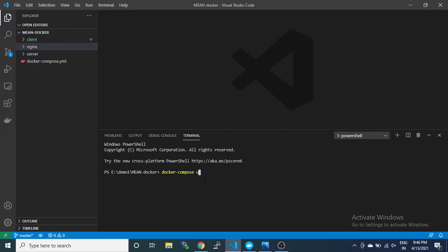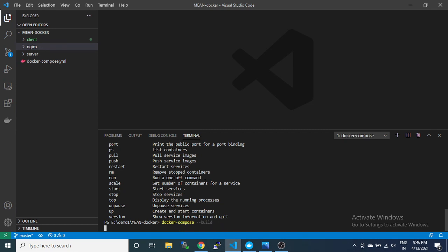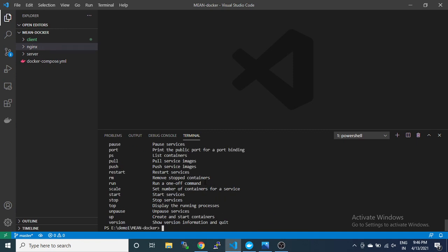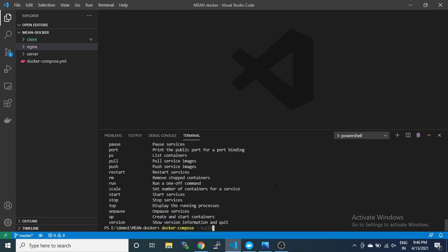The first step is to build, so you can build it first and then it will come up. You can build it separately like this, and then you can call up also. Or we can write it like this, up --build.